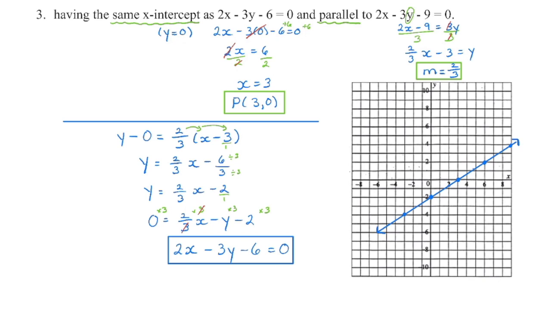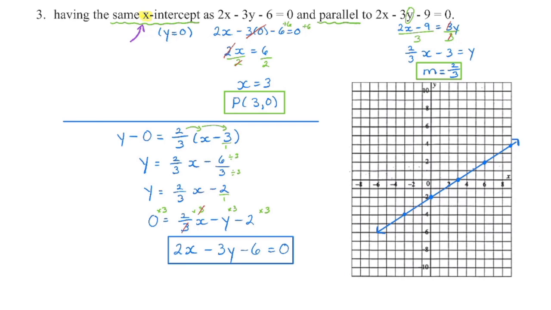Now let's check. In general form, if we're looking for the x-intercept, 0 out the y, so that's gone. We should have an x-intercept at positive 6 divided by 2 is 3. Now check the graph. Do we have an x-intercept of 3? Is it matching what we should have? We have a y-intercept when x is 0. So 0 this out. I have a y-intercept at 6 divided by negative 3, which is negative 2. Check. Do we have a y-intercept there at negative 2? Notice, that's a different y-intercept than this line because those two lines are parallel. They're not the same. Be really careful.